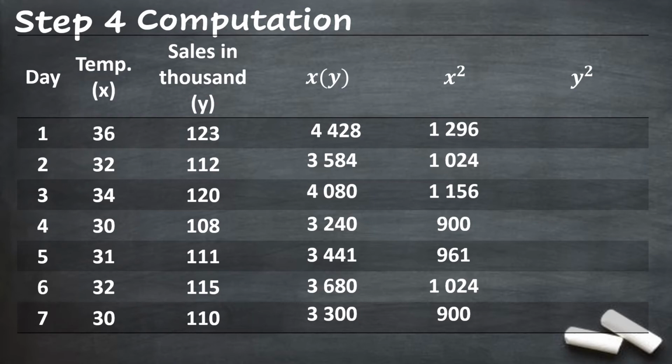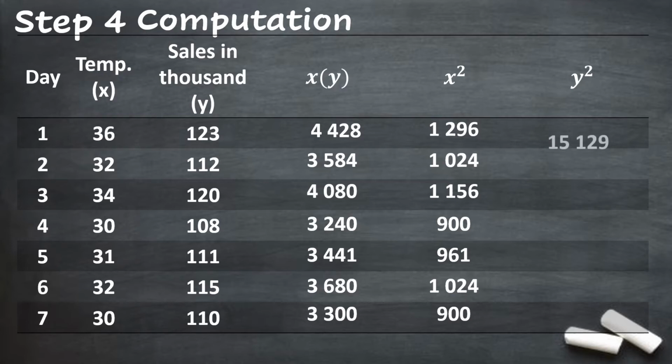Next is the y squared. So just like what we did with the x squared, we have to square the values in the y column, or the column for sales in thousands. So all you have to do is multiply the number to itself. So you focus on the values in the y column. We have the first one as 123. So 123 squared, or 123 times 123, is